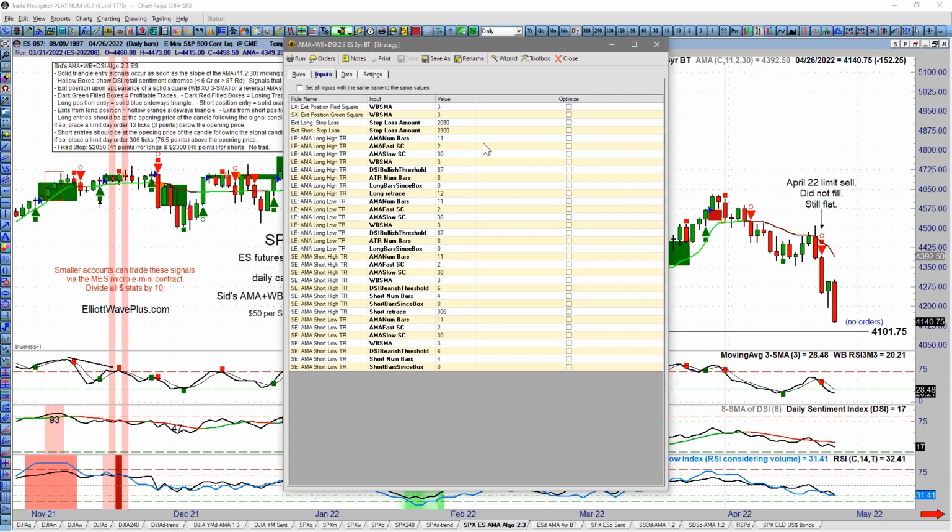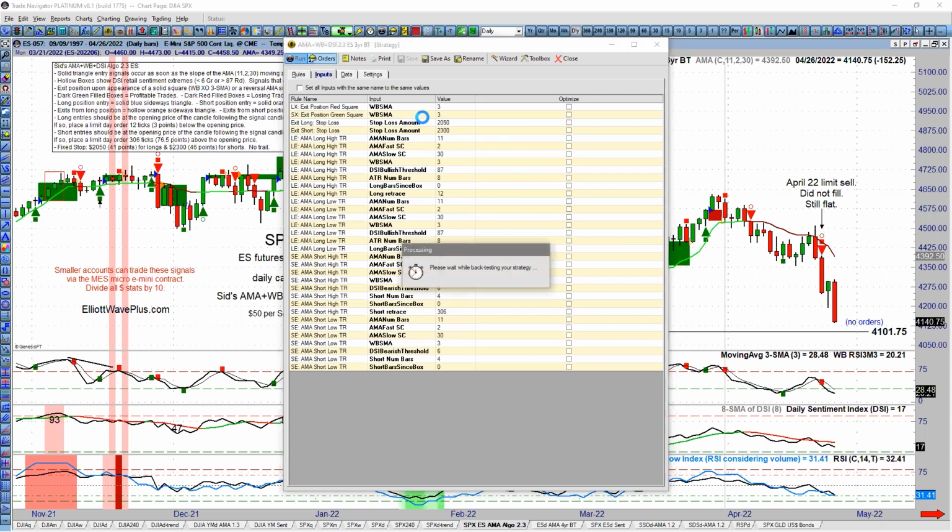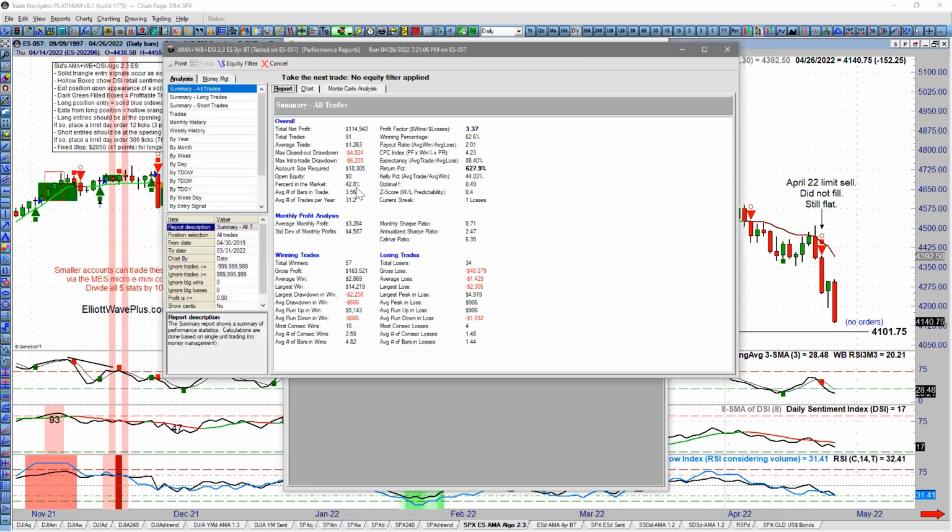Okay. So when we take this, these are all back tested and optimized over a 3-year period. We can see that it brought in $115,000 worth of profit over the last 3 years during the back test, starting with an account size of $18,305. And it actually put up a pretty good winning percentage. A lot of times the winning percentage doesn't have to be that much above 50%. It doesn't even have to be above 50% with this system in order to